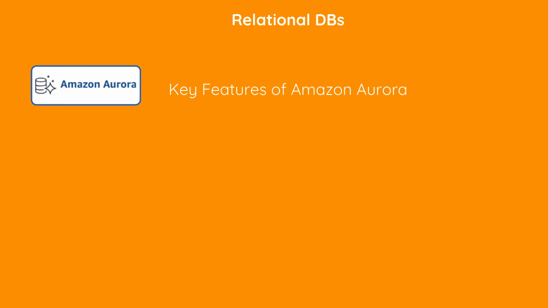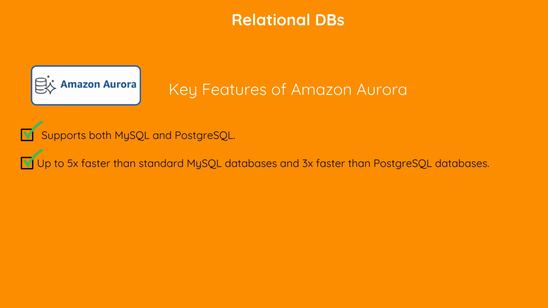Aurora is a relational database designed for the cloud. It's compatible with two popular database engines, MySQL and PostgreSQL, but it's built to be faster, more scalable, and more reliable. It's up to 5 times faster than standard MySQL and 3 times faster than PostgreSQL. It's designed to handle millions of queries per second, which makes it perfect for applications that need to run fast